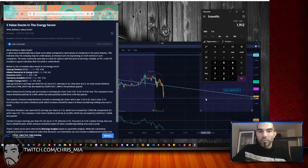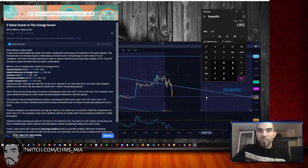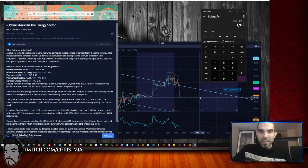And the current entry point seems to be getting better and better. So this is a good dip buying opportunity based on fundamentals that are given from Benzinga. Now, these other ones that they have here, well, they're above 1, so they're kind of overvalued. This one especially, very much 8 times overvalued. So I wouldn't touch these others, but this outlier, which happens to be CEI Camber Energy, seems to be even more directly related to a fundamental growth in the company